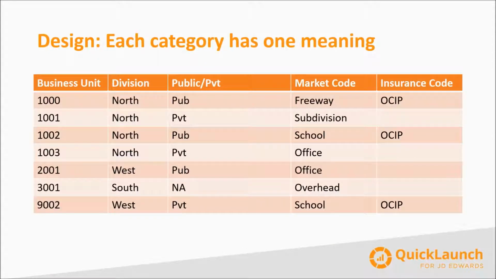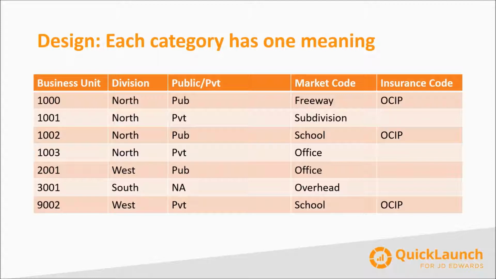Just getting started right away, the simplest and most common way people use the UDC codes in JD Edwards is a single meaning for each category. It's very easy, it's very powerful. So you might have, on the business unit master, a category that's the business unit there in the first column, and maybe you've categorized division, or public or private, and market code, things that you want to say